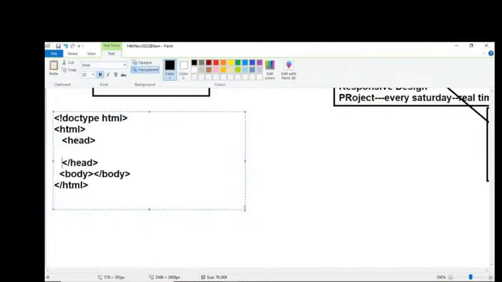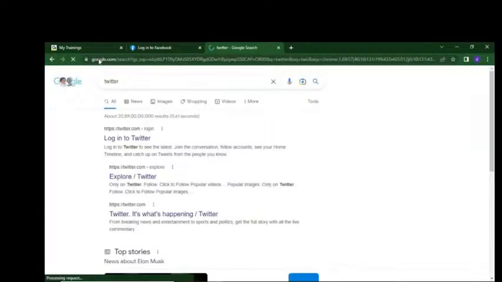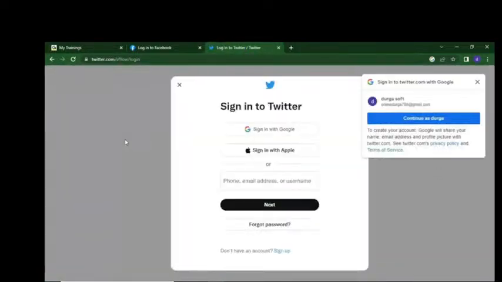The head tag is used to write header information. Under this we can write the style tag. So this is the basic HTML code for every application. If you check any application, take Facebook or matrimony or Twitter, any website you can take, social network websites or newspaper websites or mobile recharge or a banking account, any website you can open,